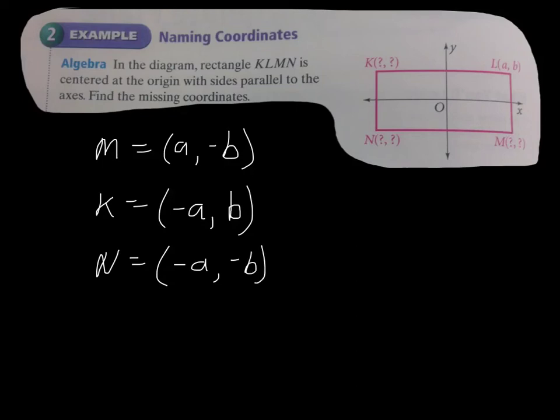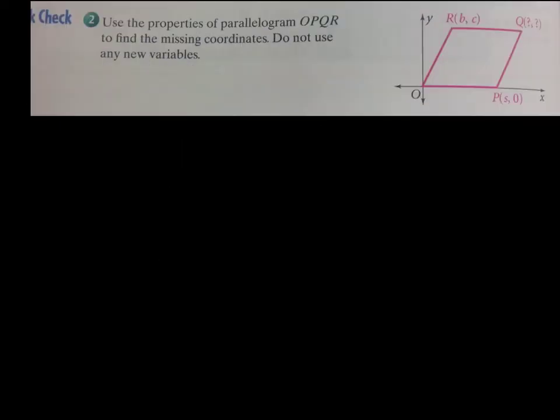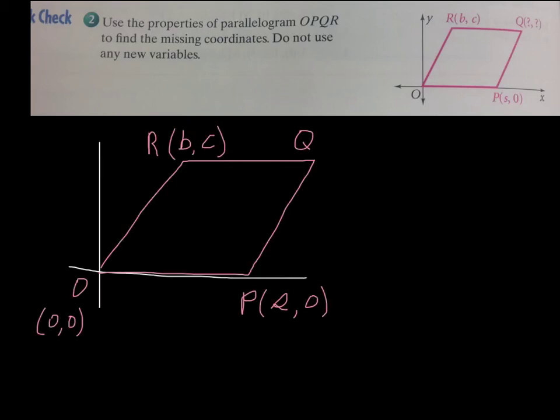All right, now let's take a look at quick check number 2. In quick check number 2, we have parallelogram OPQR, and we're asked to try to get the coordinates of Q. Please pause the video while you try to figure this out. Alright, if this thing is a parallelogram and OP is horizontal, it's right on the x-axis, then RQ is going